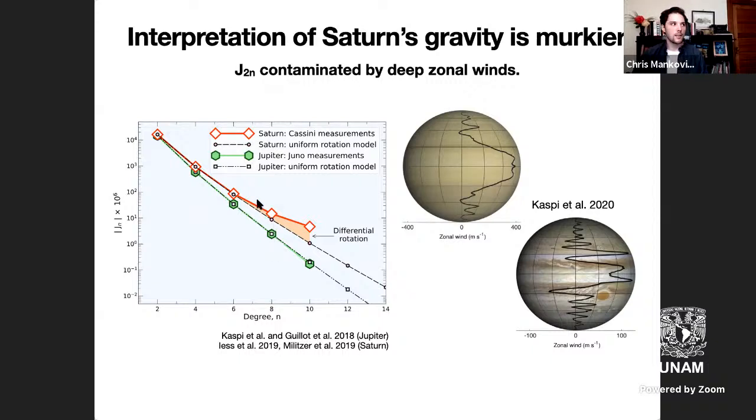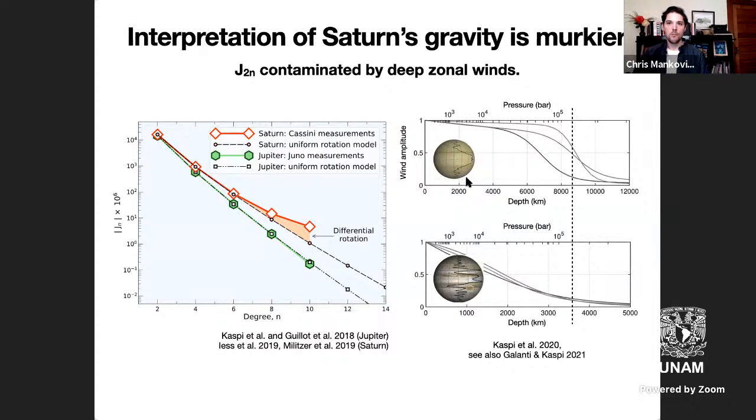And as a result, these gravity coefficients can be enhanced. If you think about it, it's an effect where the additional rotation from, say, an eastward jet near the equator amounts to a little bit of centrifugal lift. So effectively, the mass that the spacecraft is feeling is a bit different because of the velocity. You'll notice that the effect on this diagram for Jupiter is tiny compared to the effect for Saturn, where these higher coefficients are really strongly affected by the differential rotation.